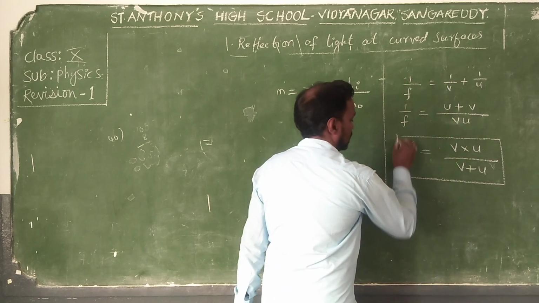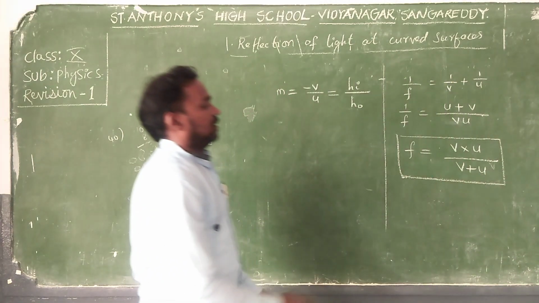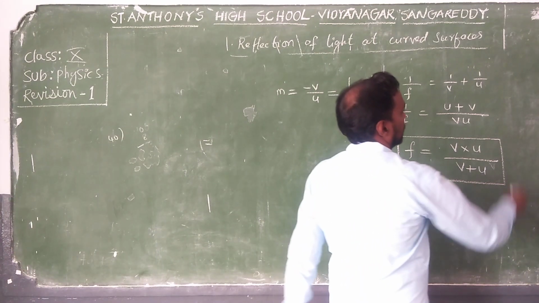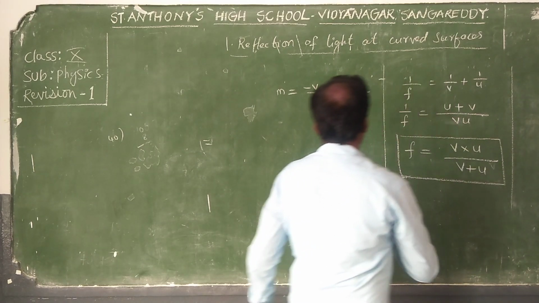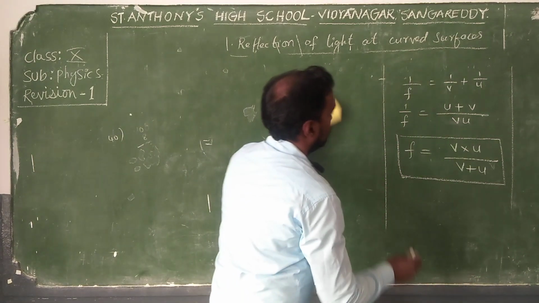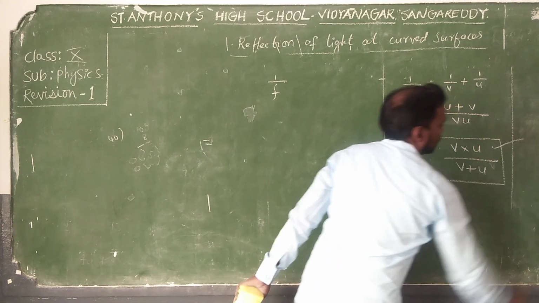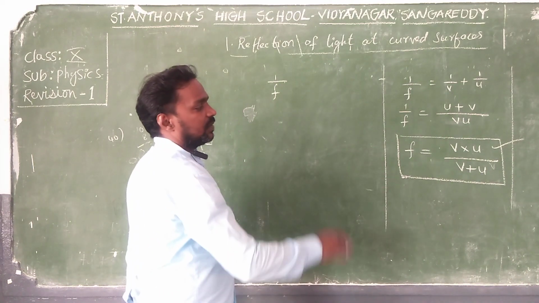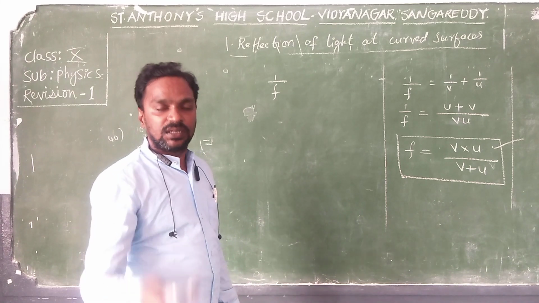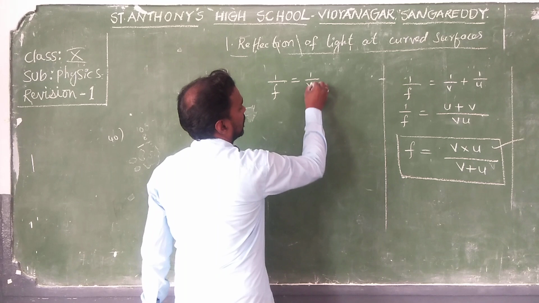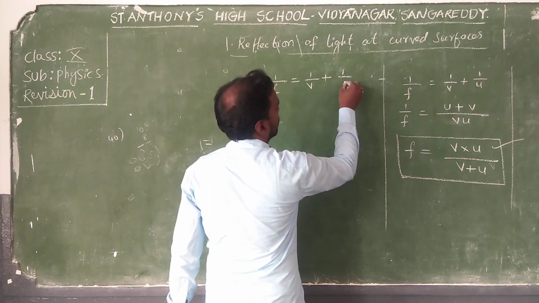This is the formula to find the focal length of the lens. From that one, if you want to find the image distance, I will write here 1 by f. You can remember this formula also. It is very easy to find v, because as a shortcut, multiple choice takes less time. 1 by f is equal to, same formula, 1 by v minus 1 by u.